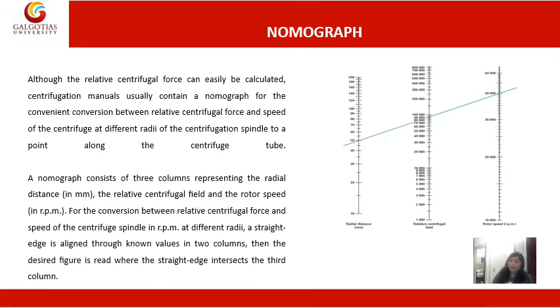For a particular centrifuge, the radial distance is fixed, although this radial distance may vary from centrifuge to centrifuge, because a centrifuge is a device that has a central axis of rotation. Around the centrifugation axis, we have bucket holders on which we put our sample tube. So the distance from the rotor axis to the sample tube is R, the radial distance. So we cannot change the radial distance for a particular centrifuge.